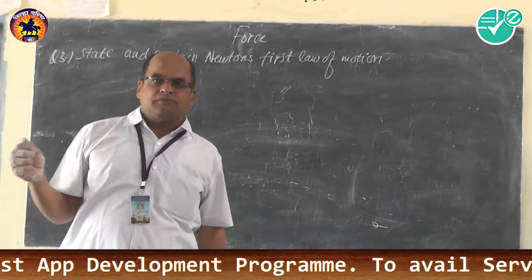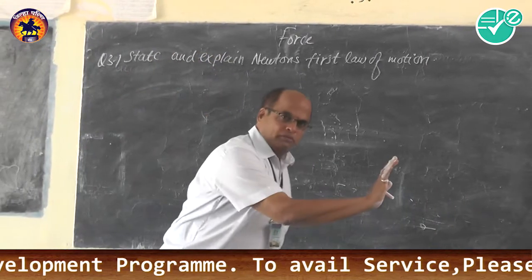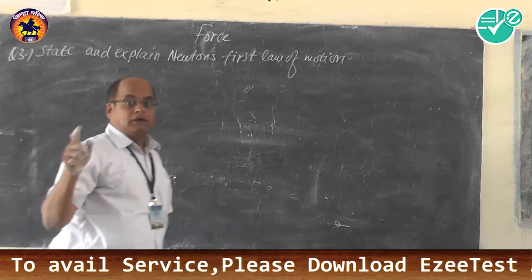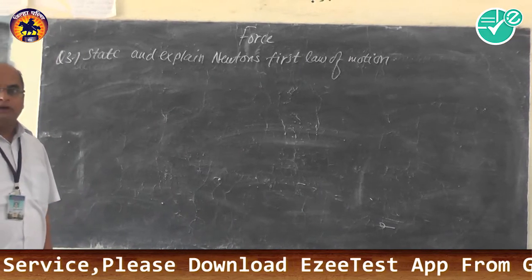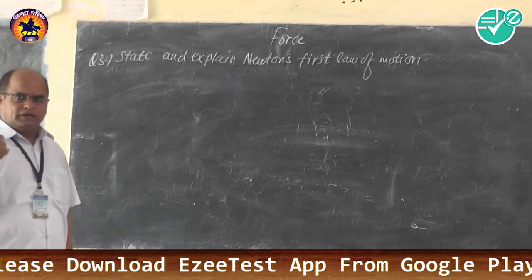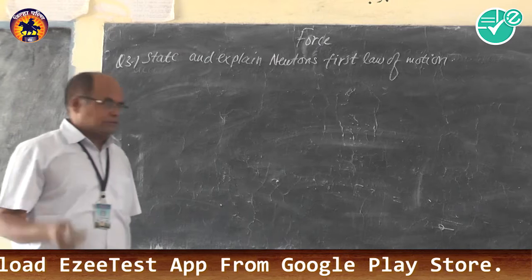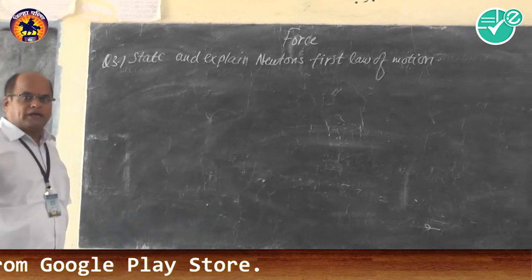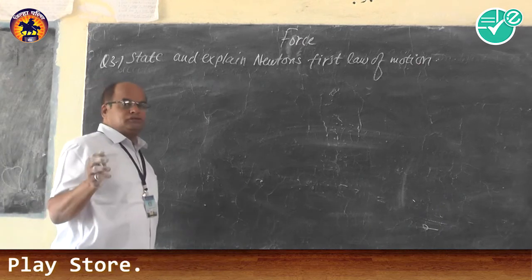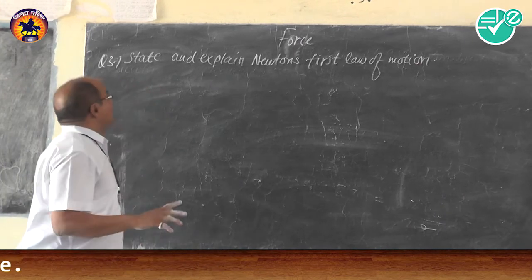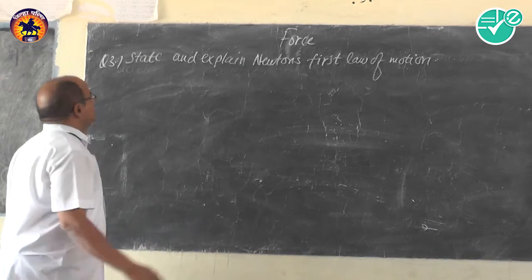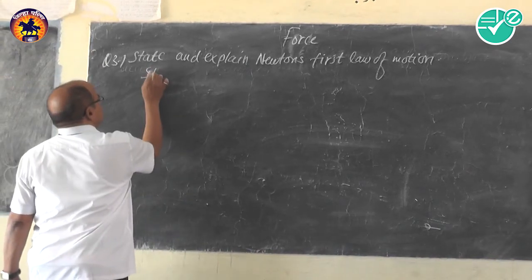The exact relationship between the force applied to the body and the motion produced in the body is governed by Newton's laws of motion. There are 3 Newton's laws of motion: Newton's first law of motion, Newton's second law of motion, and Newton's third law of motion. Now, we will be studying Newton's first law of motion. The statement of Newton's first law of motion is